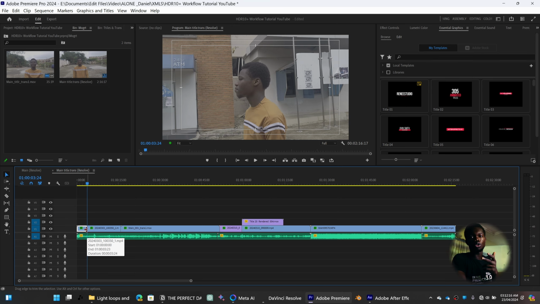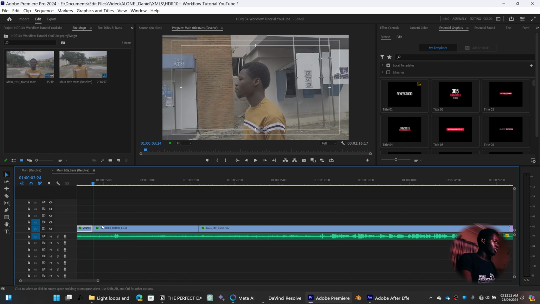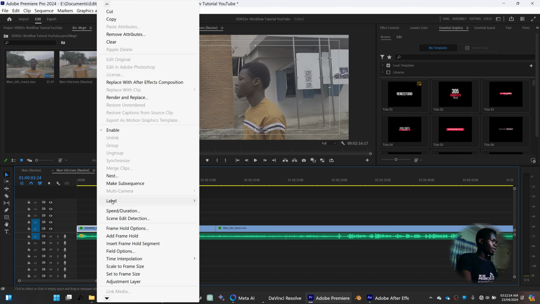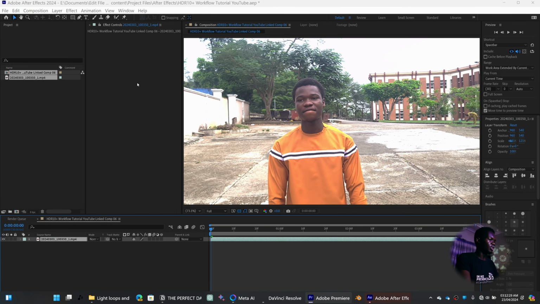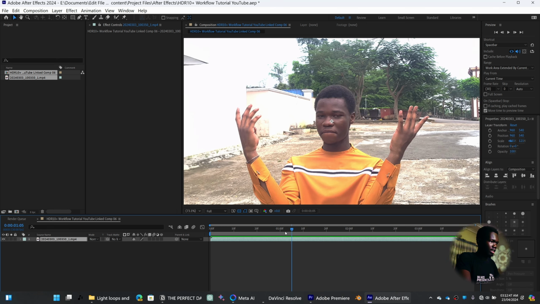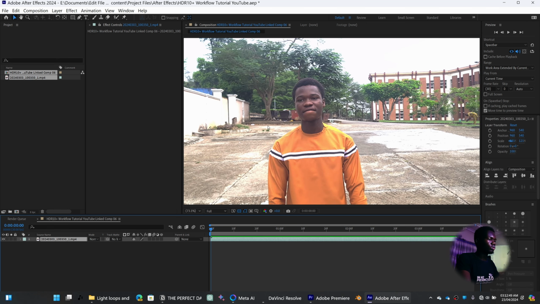So what you do is this. I'm going to show you two different methods to do this. One doesn't work for HDR10 plus videos, so let's do it. Some of you right off the bat might be thinking, why don't you just replace the After Effects composition? What could possibly go wrong? Boom, we're back to square one, because as you can see, the clip has changed back to the